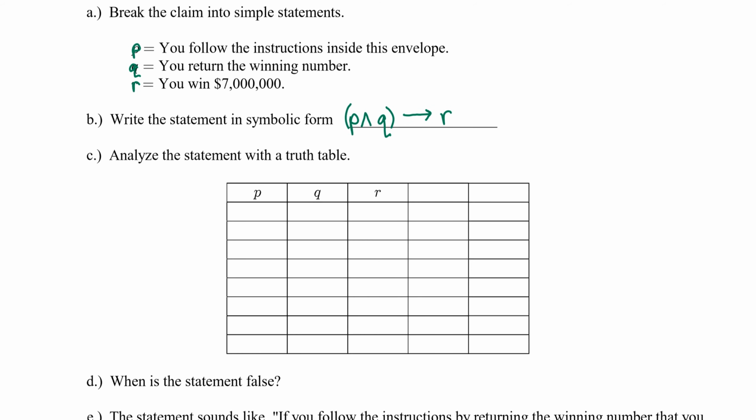Notice we have 3 simple statements, therefore we need 8 rows. We have 3 simple statements plus 2 connectives, so we need 5 columns for our truth table. Now, in an 8-row truth table, remember we set it up in column 1 with half T, half F. That is 4 T's, 4 F's. Then in column 2, we split that into 2 T's, 2 F's, 2 T's, 2 F's. And finally, in column 3, we're going to repeat this true, false, alternating every line.